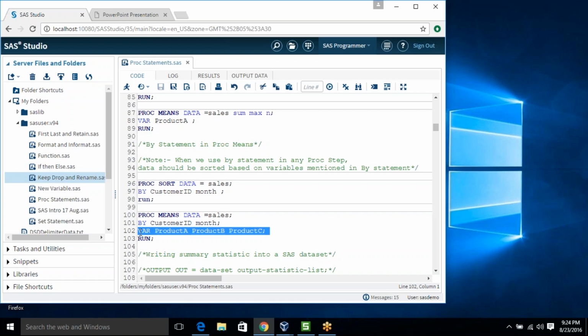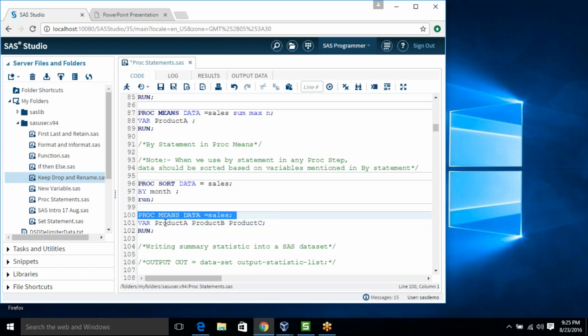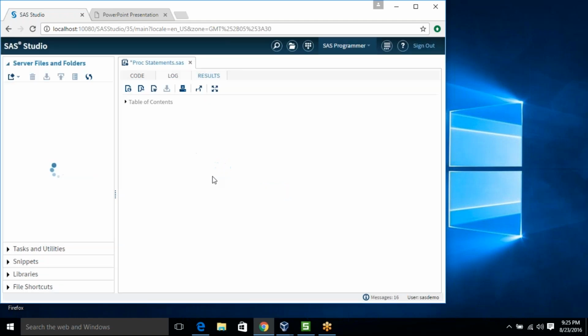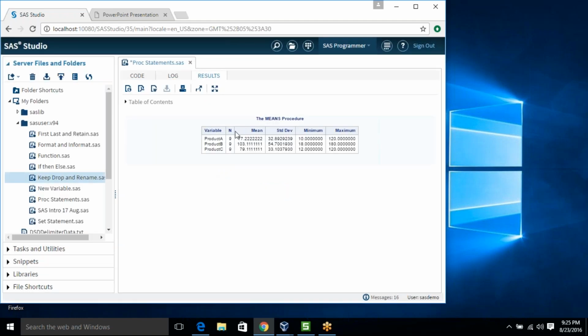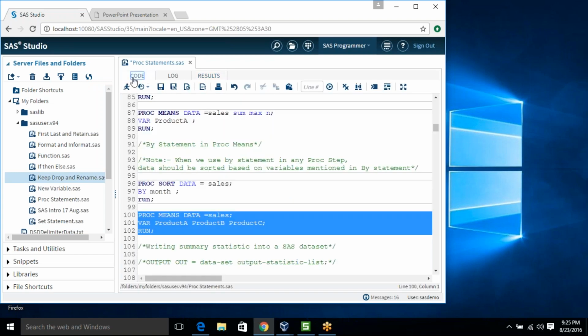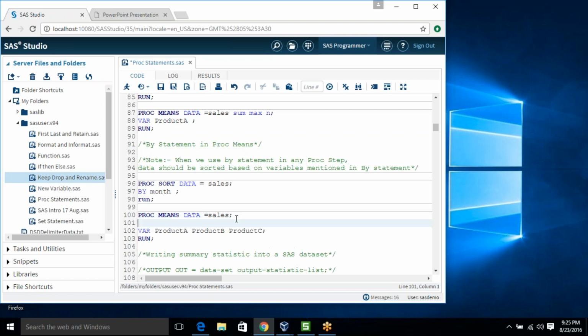Now let's come to the BY statement, which is a very important one. Just assume that your data contains only two types of month, or your data is only for 2 months. You have to do analysis at the monthly level. If you are not using the BY statement, you are getting data at the overall level, like what's the overall mean, standard deviation, minimum, and maximum. But if you wanna perform the same thing at the month level, then you use the BY statement.